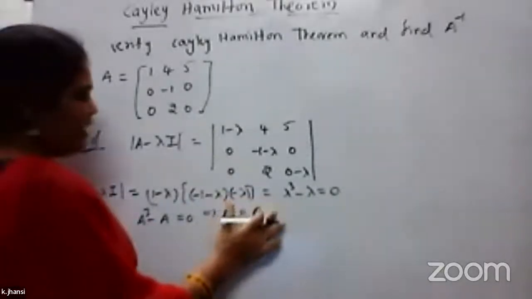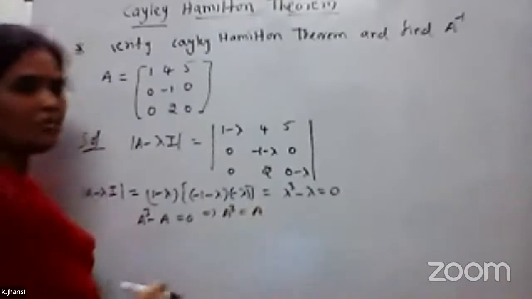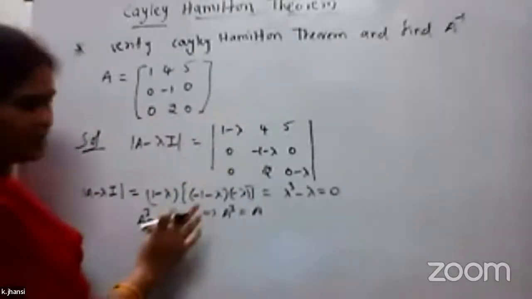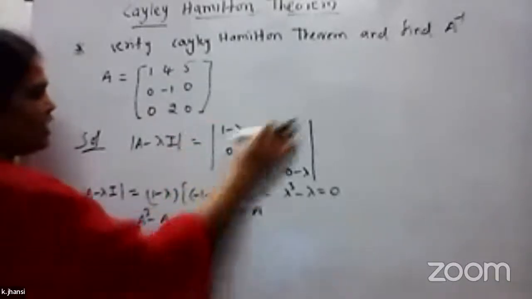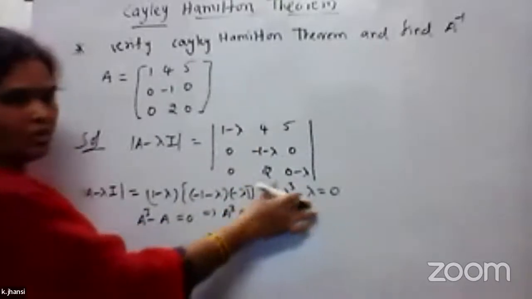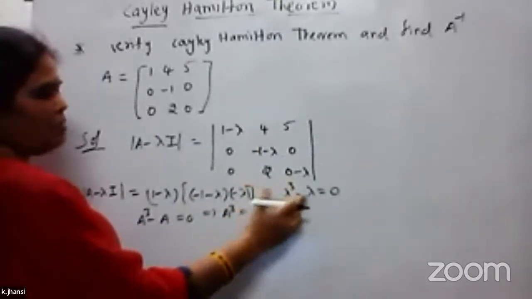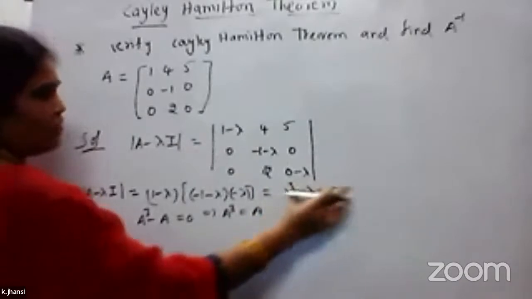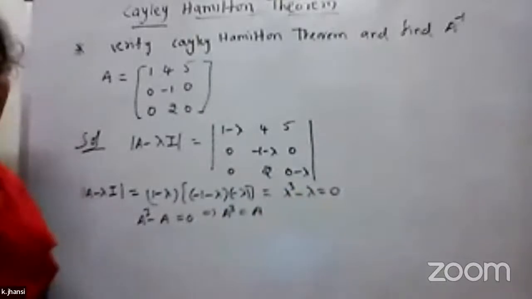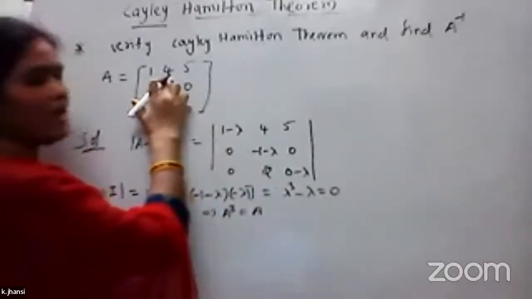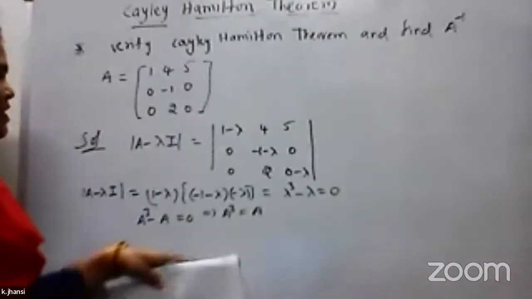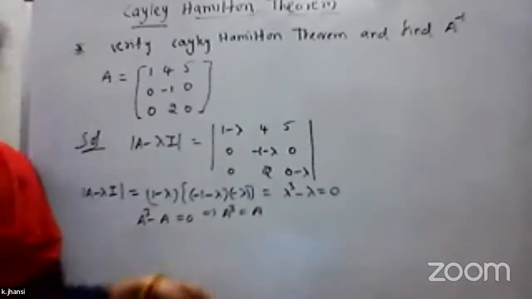So for finding the A inverse, we need to find the adjoint of a matrix. Okay, so this is the problem. It is very simple one. When you take the determinant of A minus lambda I, you are getting a simple equation: lambda cube minus lambda equals 0. When you split this, you will get lambda cube equals to lambda. So cube value and this value both are same. So A minus A means you will get 0. So it is satisfying the characteristic equation of this one. Okay,